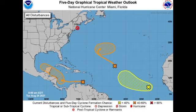So we have quite a bit going on as we're heading into September, and we have two disturbances that are likely to become tropical cyclones, potentially before the end of this week. So are we going to be having Tropical Storms Ida and Julian? Okay, so before I go into details,